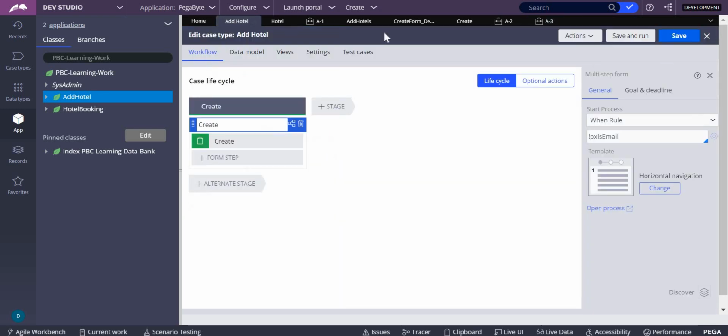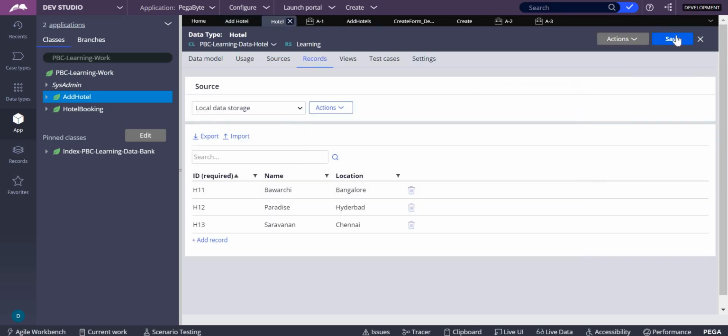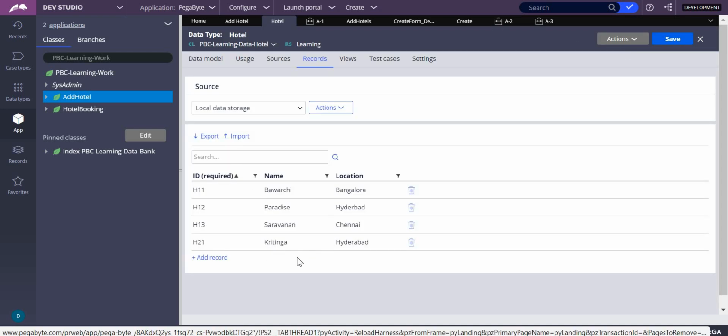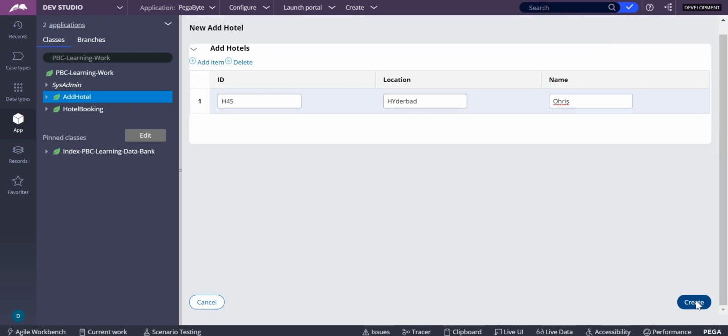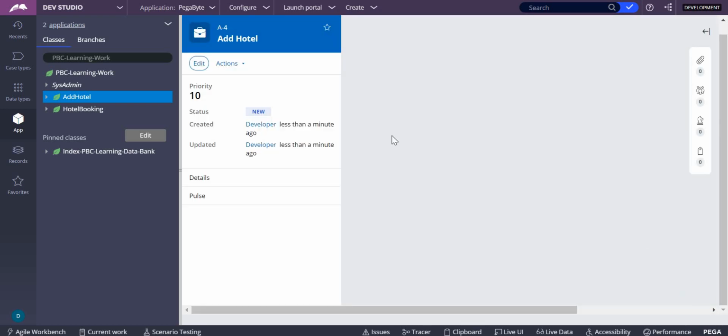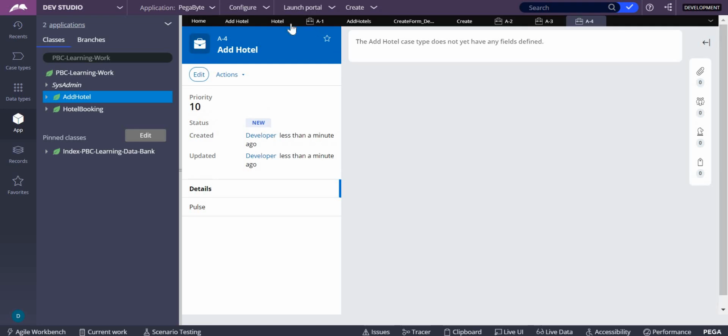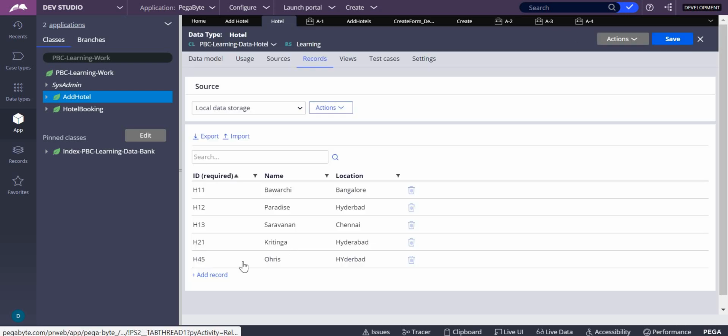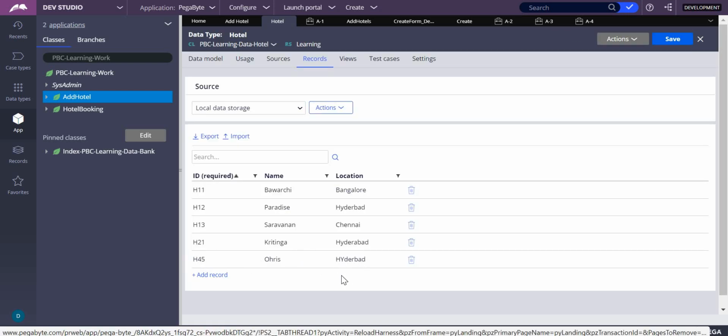I'll go back here, into this action, refresh. Can you see? Even without write now, create. So one record. Let me go back here, action, refresh. Can you see? The record has come.